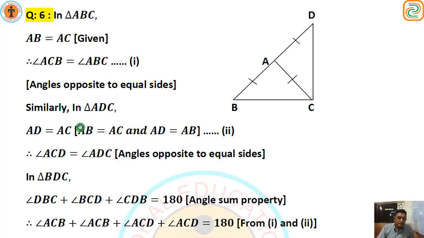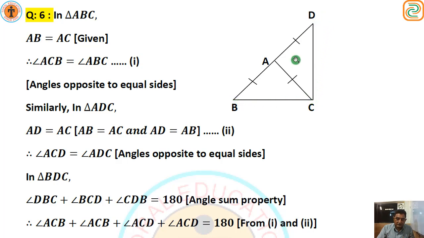From 1 and 2, look here. Here ACD equals ADC and AB equals AC, AD equals AB. So ACB plus ACB, because